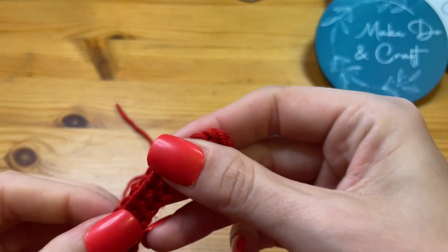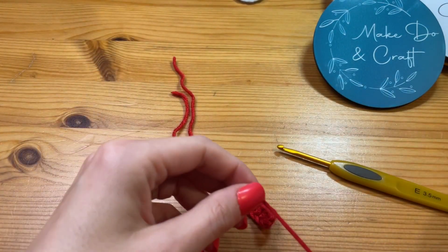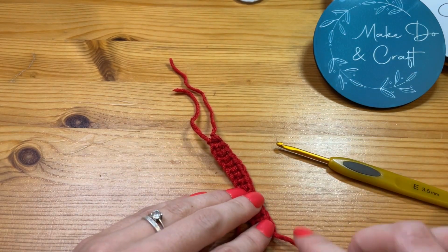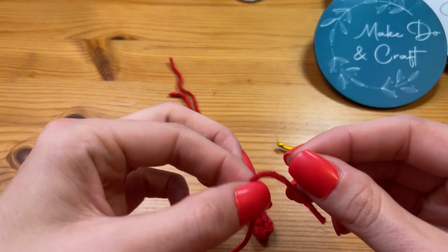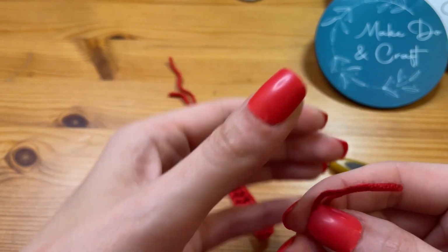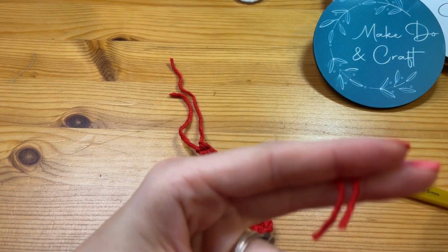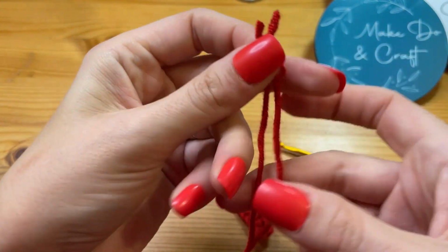So to make your tassels, it's really easy. What you need to do is take your piece of yarn and then sort of judge by eye the length of the tassels that you want to make, plus a little bit more, and then fold that in half so you're getting double the length that you're after. Obviously it's better to go longer because you can always trim that down, and then fold it over, and then basically cut several strands all the same length,